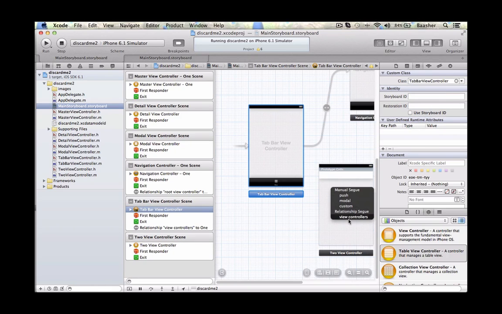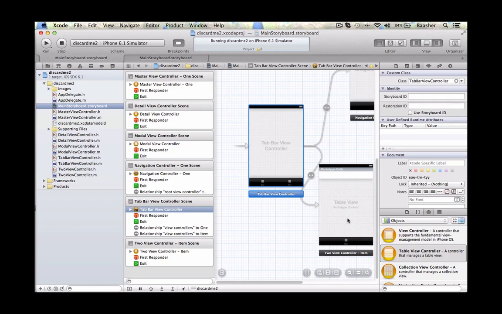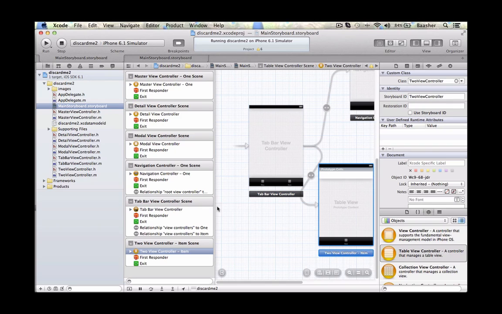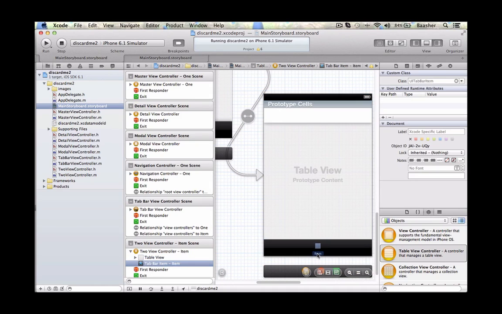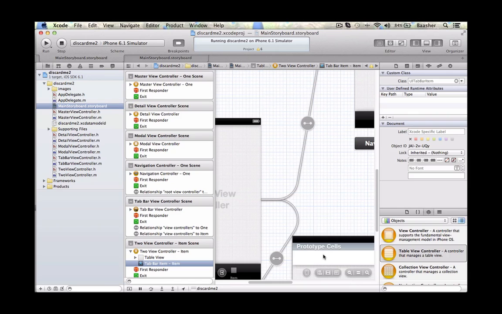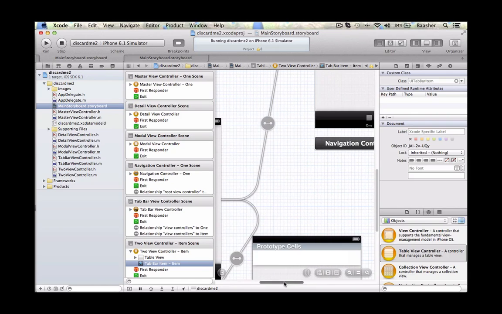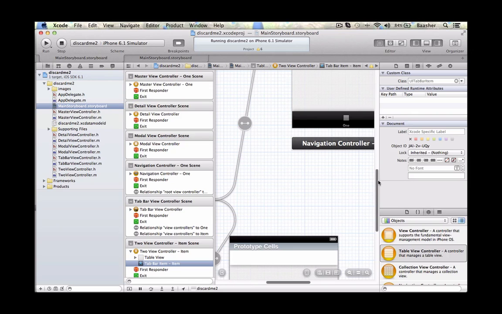Control click view controllers, and at this point there it is, and change this to one and two. I think it's set to